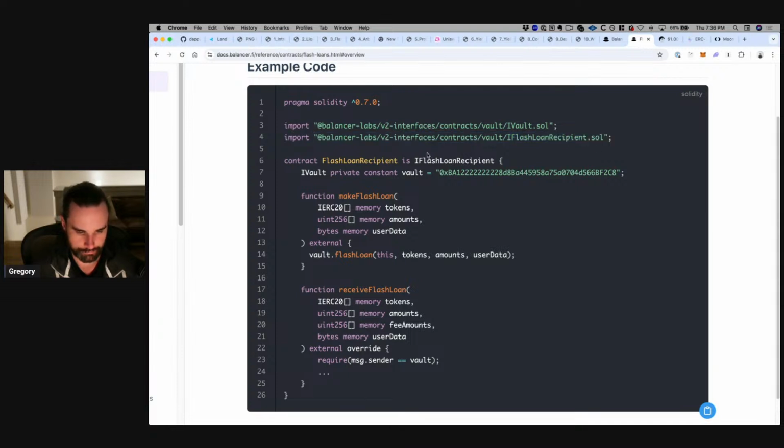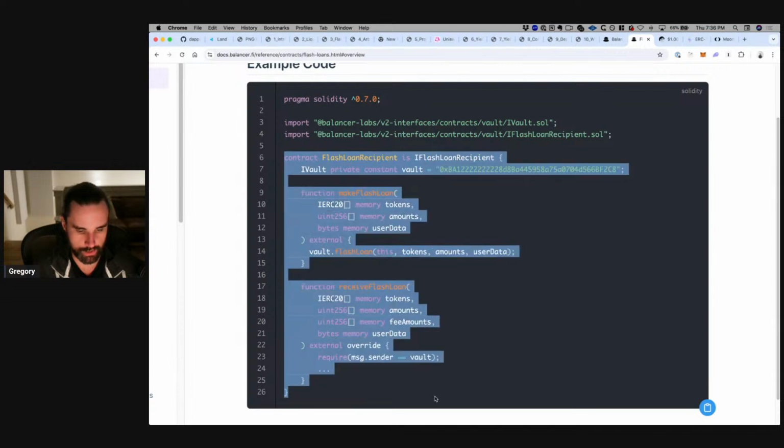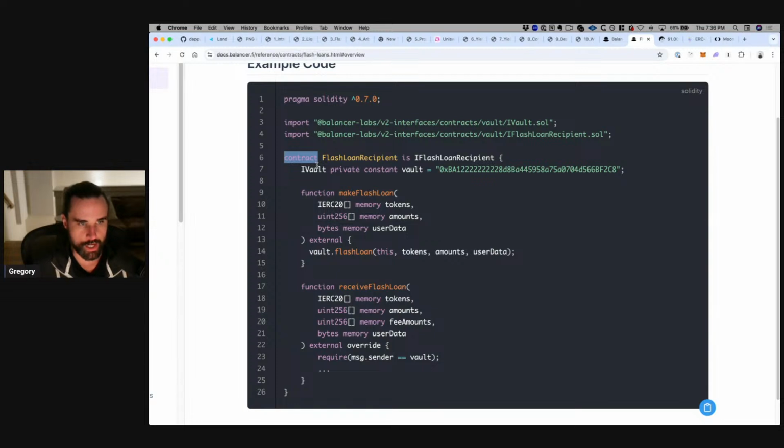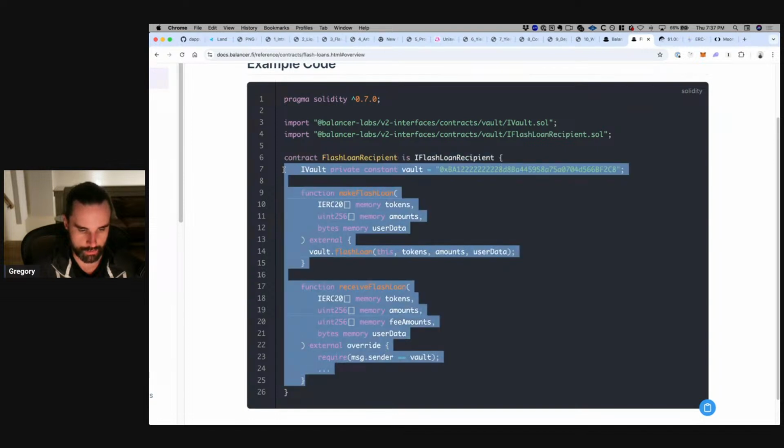All right. And then what you do is you create your own smart contract. Put this stuff inside of here. So we use the contract keyword to designate a contract. You choose contract, you give it a name. They call theirs FlashLoanRecipient. You can call it whatever you want to. This name is not required. You can call it MyContract. You can call it Rick's Contract. I'm just picking somebody on the live stream there. And then you use these curly braces right here and a closing curly brace, and all the code for the smart contract goes inside of those curly braces.